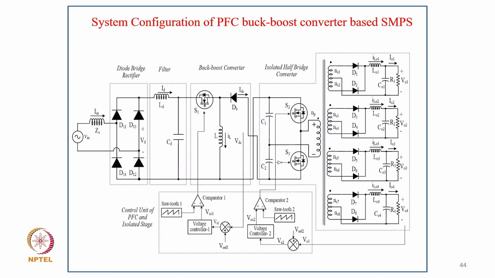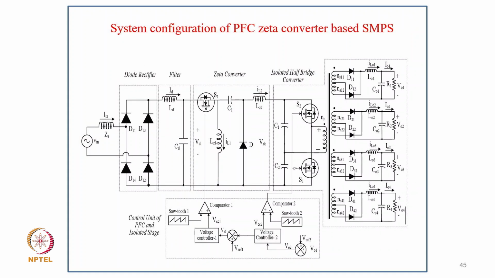In the same way you can use a simple buck boost converter also, at the input. The advantage of the buck boost converter is that you are typically using the minimum devices here: one inductor, one diode and one MOSFET. But the disadvantage is that your input EMI filter size increases because the device is coming in series. Similarly, you can use the Zeta converter also. Typically here also you can design the inductor in DCM, which gives inherent power factor correction.